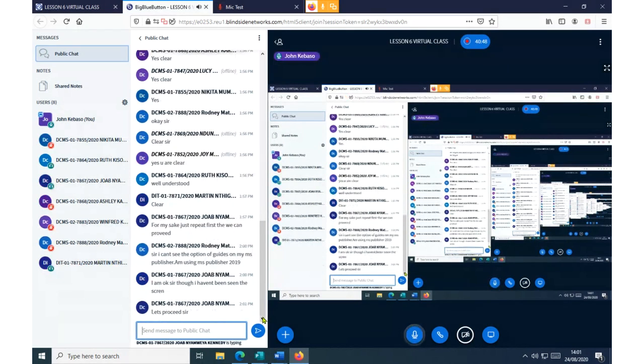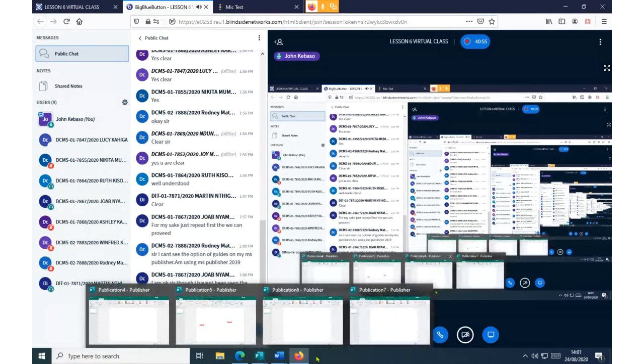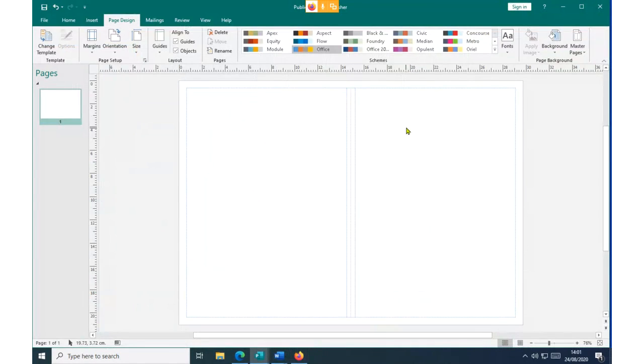Okay, class, let us proceed and let us first concentrate on this demonstration. Being the first time, still things will be fine. Now, once you have this, remember we are saying we have two areas. One will be our front, another one will be back. Remember again, we are talking about the front and the back depending on how you are going to fold it. So this should never be the point of contention. It depends on how you are going to fold it.